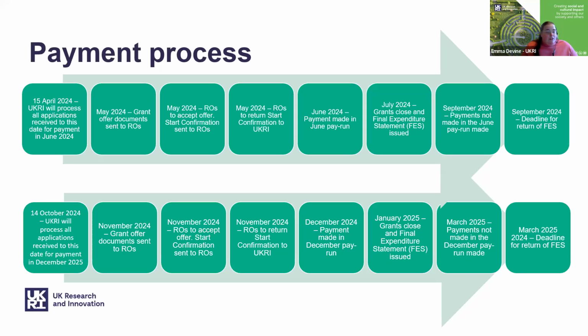Again, these will be treated as normal grants. We aren't asking for any additional reporting on these, so nothing like the old spreadsheet that we used to have for the block grants or anything like that. But there is a requirement for a final expenditure statement on a grant. This will be issued once the grant has closed, and we'll aim to close the grants in July 2024. You will have the standard 3 months to return the final expenditure statement, but it should be very, very simple to do this. All of the funding will be issued under a single fund heading, and it literally will just be a case of you putting in the figure that you've received and sending this back to us.